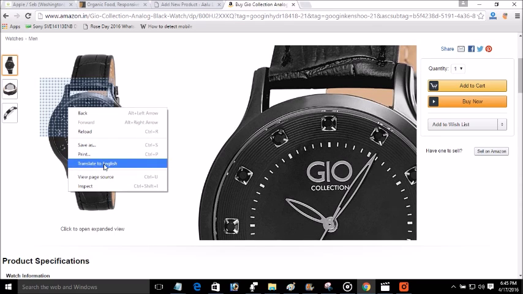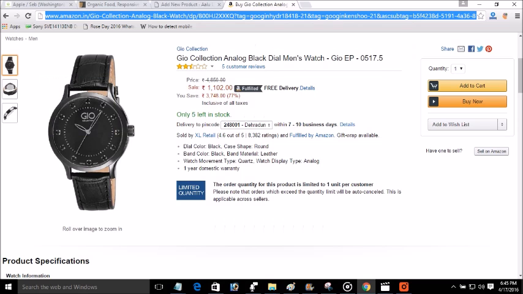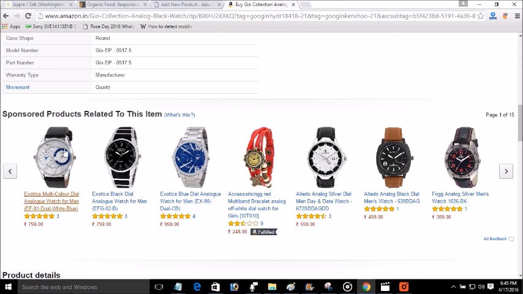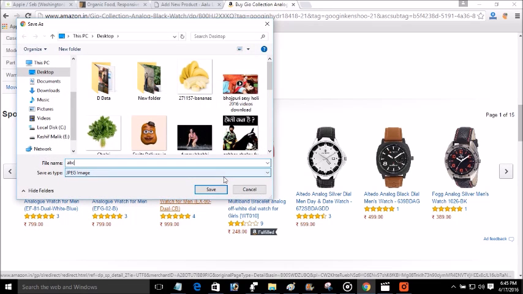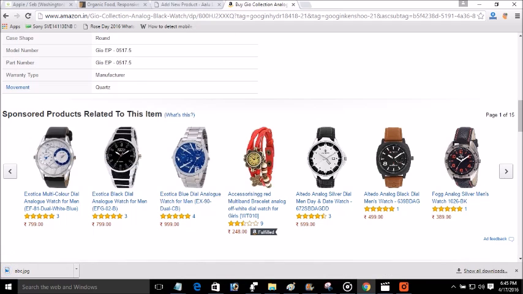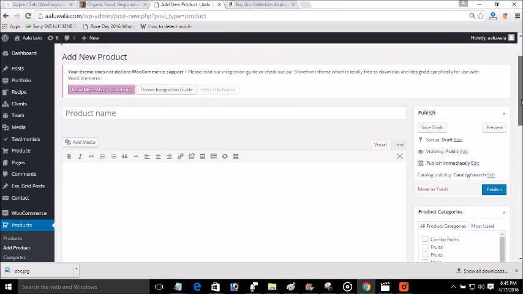So let's add this image. Suppose ABC. So this is the title bar. Suppose it is the Sonata watch.